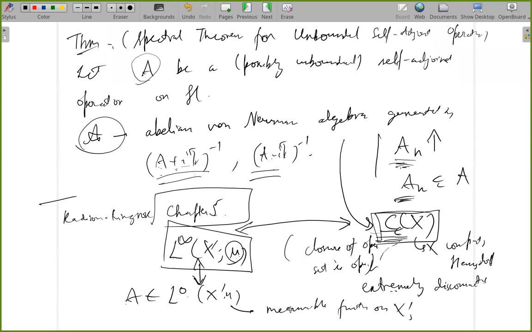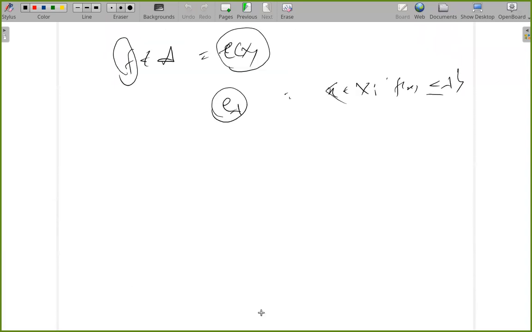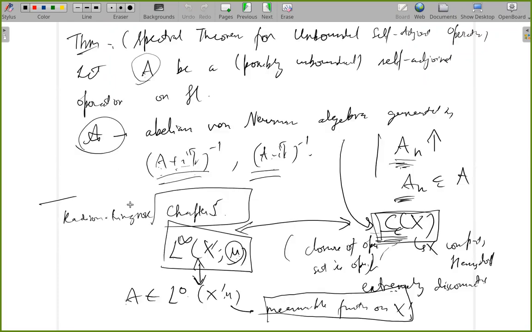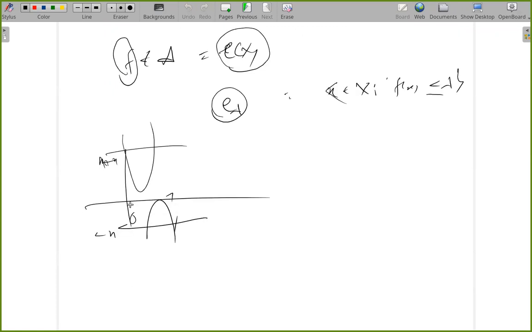So the unbounded operators essentially correspond to measurable functions in X prime. And all measurable functions, let's say I have 0, 1 here, any measure, it could be unbounded like this. You can cut it off at bounded parts. So you can choose n and minus n, and then you'll find an element of L infinity, right? So in a certain sense, as you increase your cutoff, there is a certain sense in which these cutoffs will tend. So you have chi of, let's say, or rather,